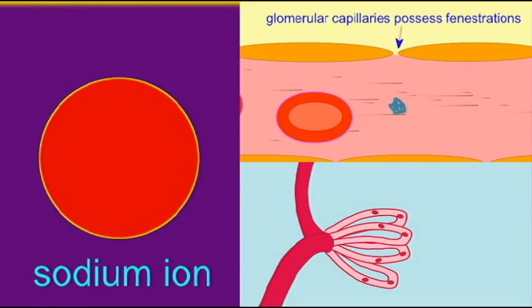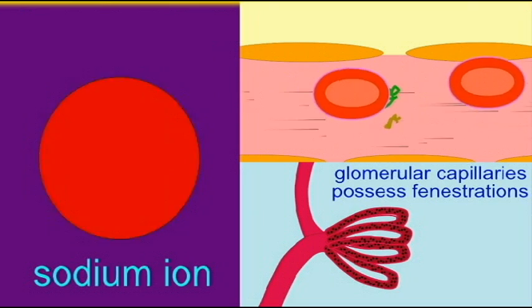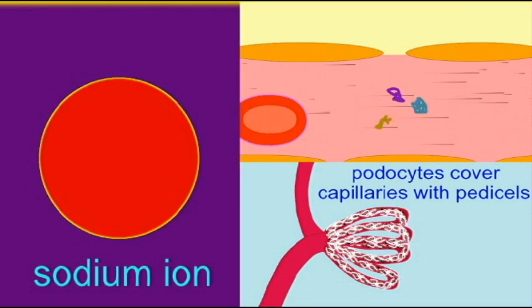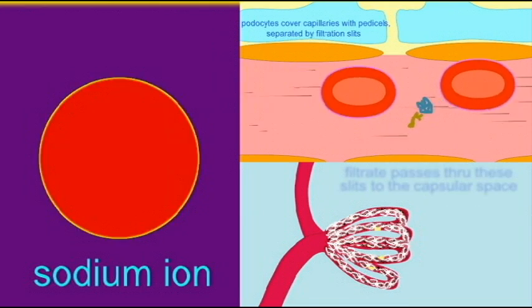I am an ion of sodium. I have a positive charge. I am a cation. And I am extremely important in the body. There is a great deal of sodium in the blood, and so therefore there is a great deal of sodium